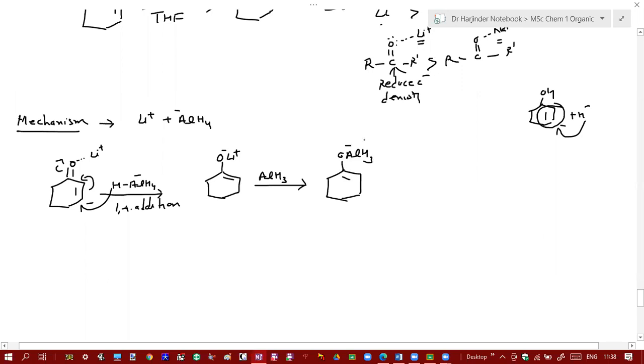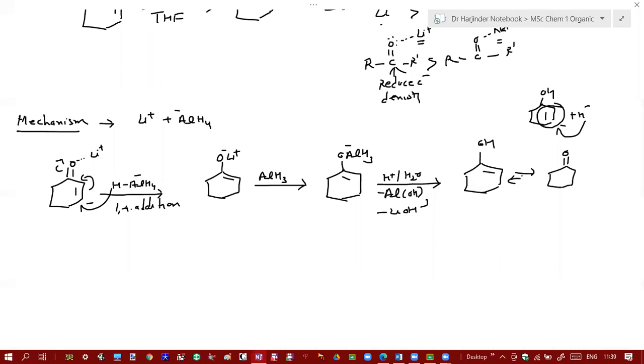Here what we do is, 3 more hydrides are there, so they can react with 3 more molecules of this alpha beta unsaturated carbonyl compound, but I'm writing only 1. And then hydrolysis, there's a loss of aluminum hydroxide and lithium hydroxide to give rise to enol, which tautomerizes into ketone. And since lithium aluminum hydride is a very strong reducing agent, the reaction does not stop over here, but